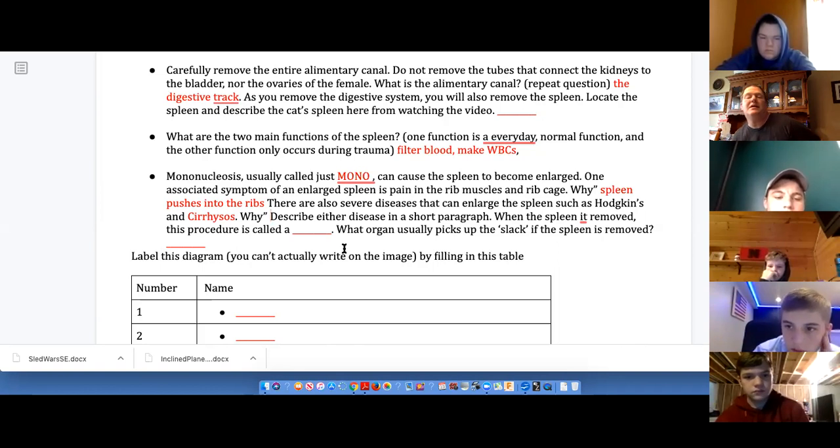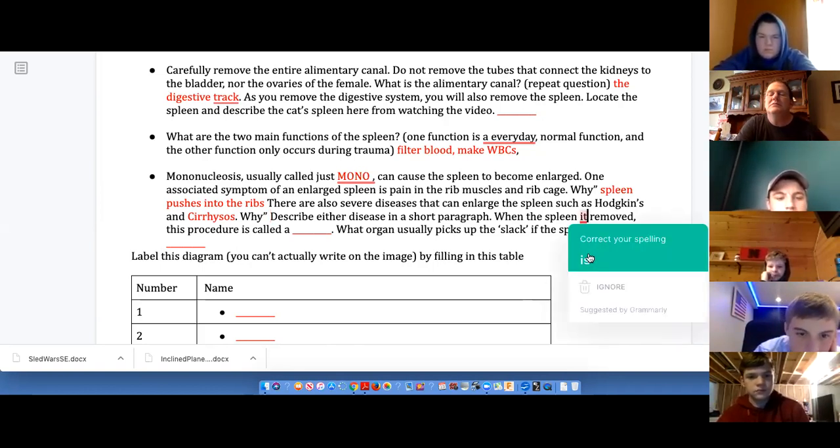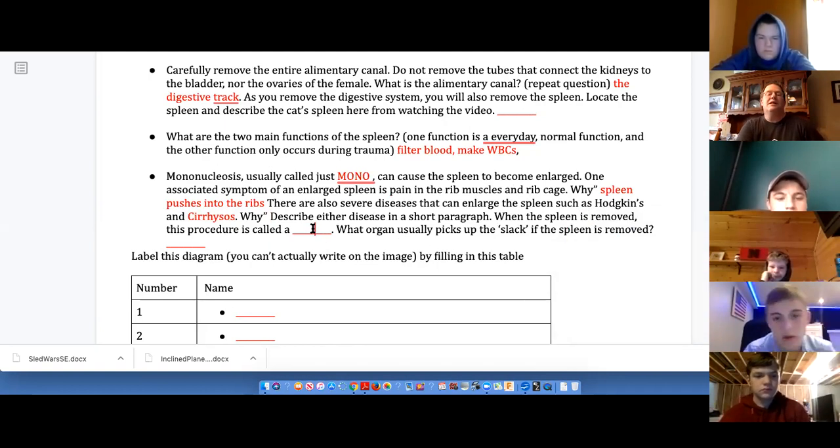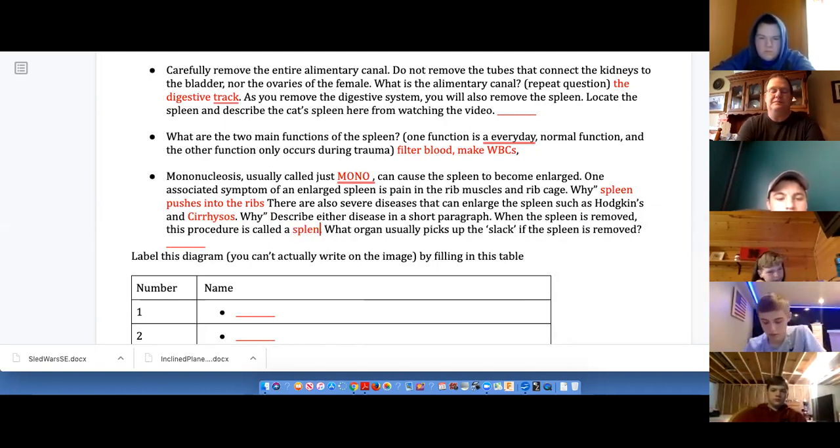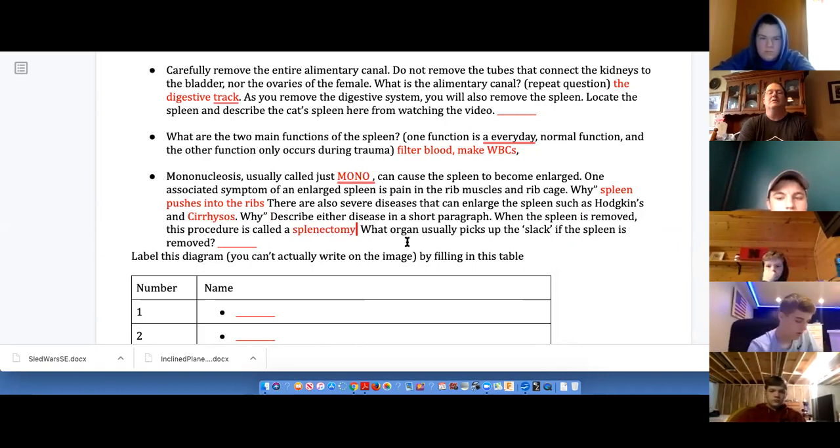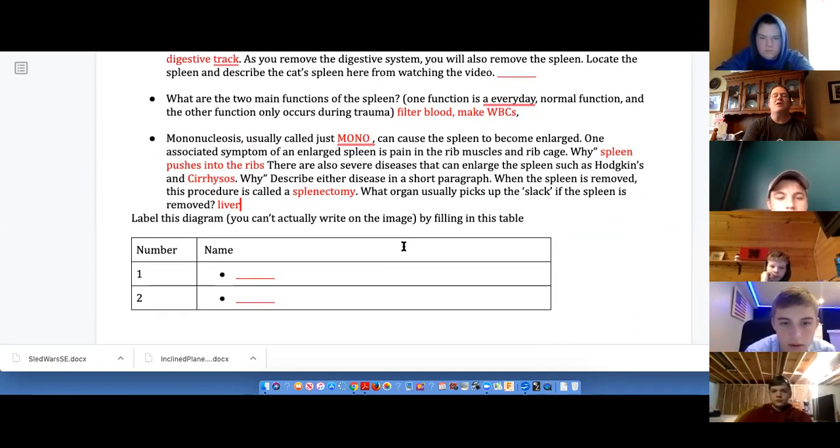Okay, when the spleen is removed, splenectomy. Right. What organ usually picks up the slack if the spleen's removed? The liver. Yep. Okay, so then on class pick,